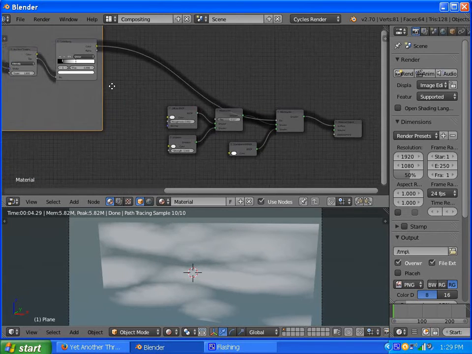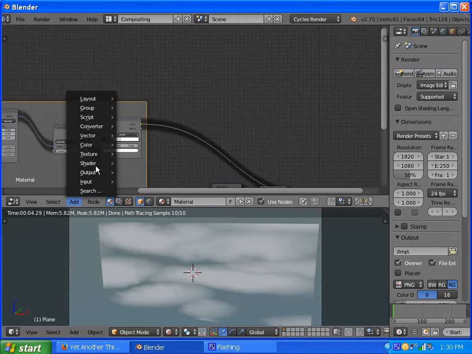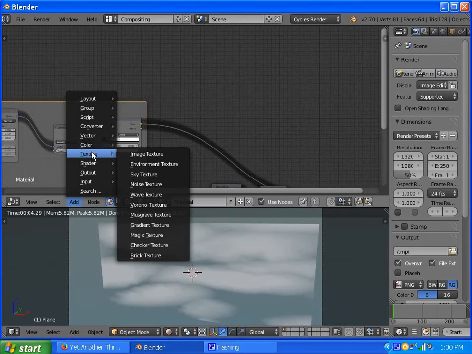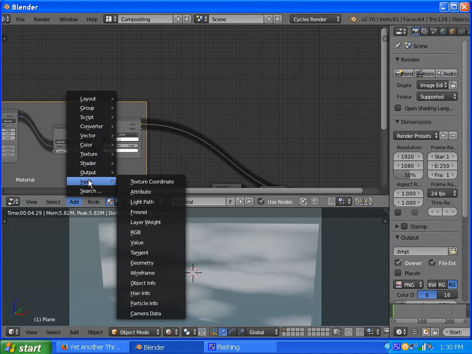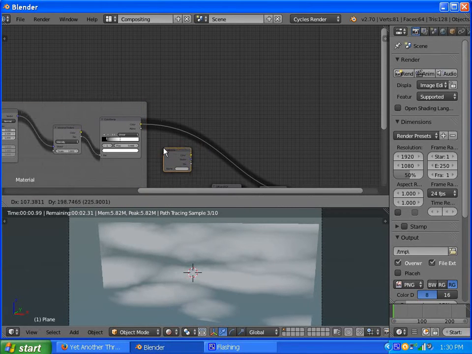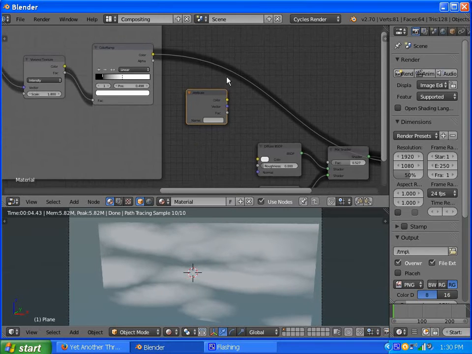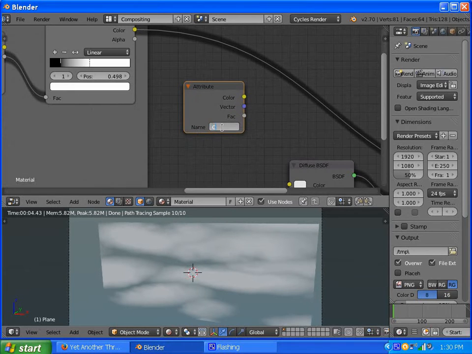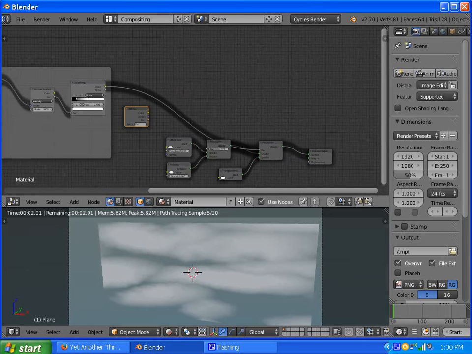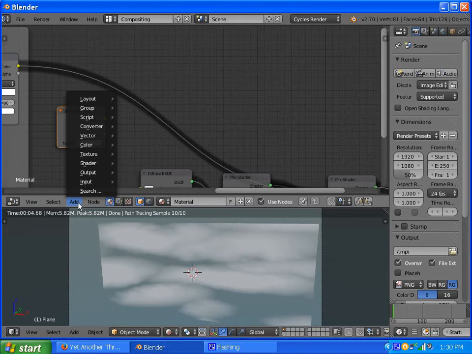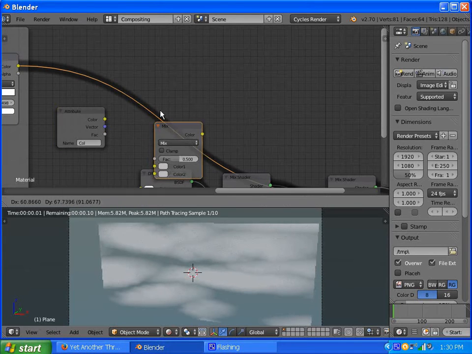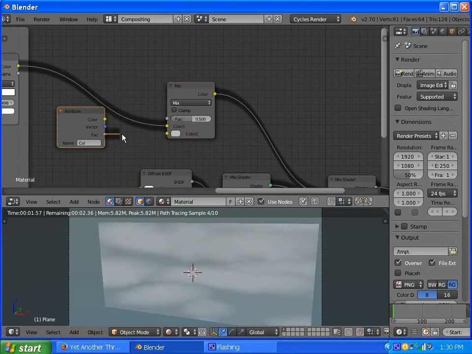And what we want to do is take the cloud shape information and mix it or multiply it with the, what is it? Input attribute. The attribute will be named after that thing we just did with the vertex colors, which is called col for color. And we'll be using a factor of that. So I want to see, does either a color or a converter, it shouldn't matter. Let's say add,